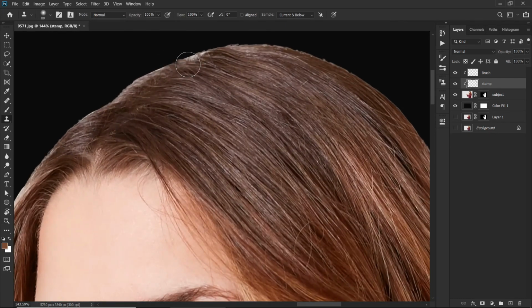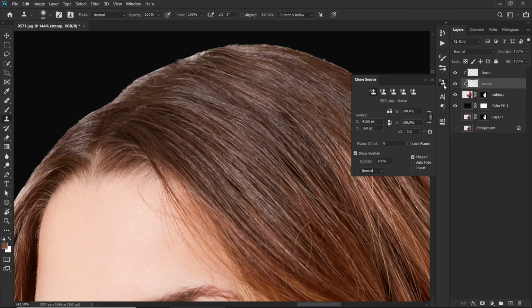Now see one thing, if I use my clone stamp tool on this here, then it will look ugly, so I need to rotate this region. So what we need to do, we need to rotate it to the left. So let's decrease the angle to about minus 25-30 degrees. Yeah, or let me just increase a little bit more. Okay, now that's fine. Let's just patch this area also.